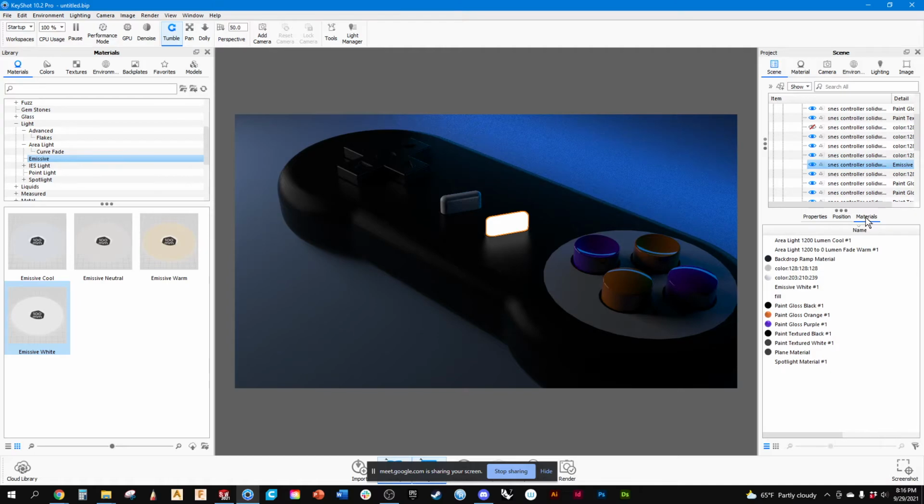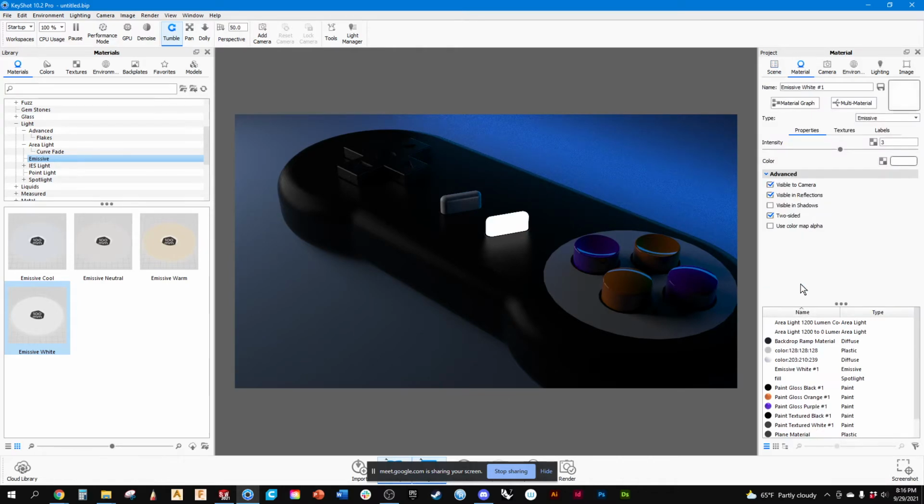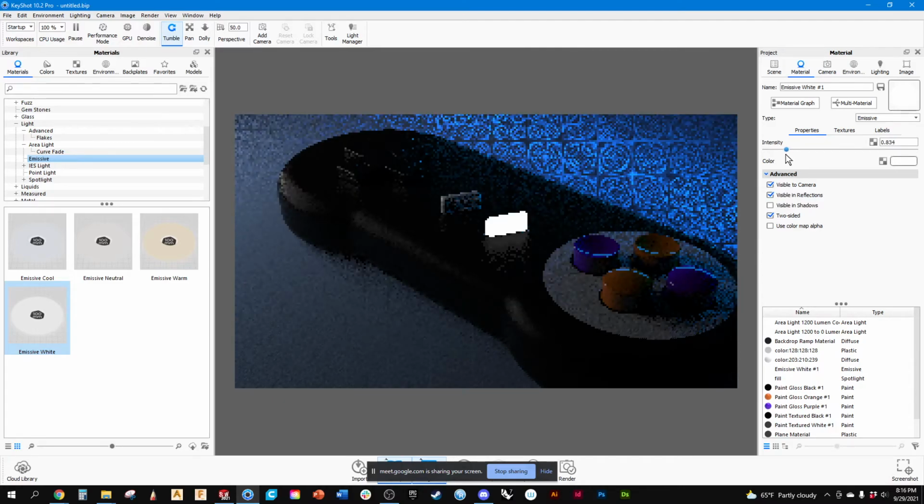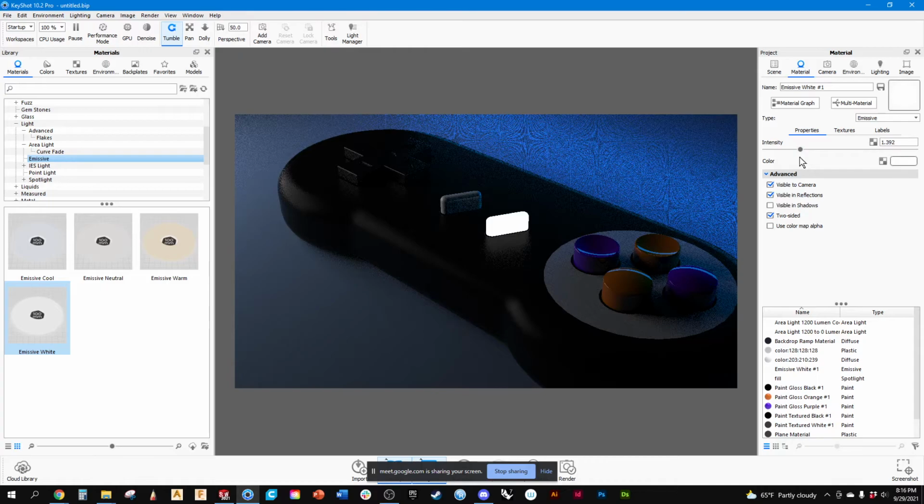If I come in and I go materials and we edit the emissive, we can turn down the intensity. Now this is, you see how you lose the form on that button? Well, what I would do is I wouldn't use that. I wouldn't use the actual button to make it look like it's glowing. What I would do, and you want to try to get as realistic as you can, is I would come in,